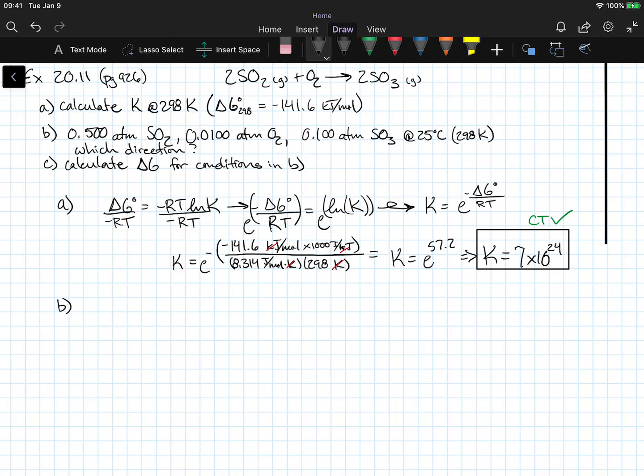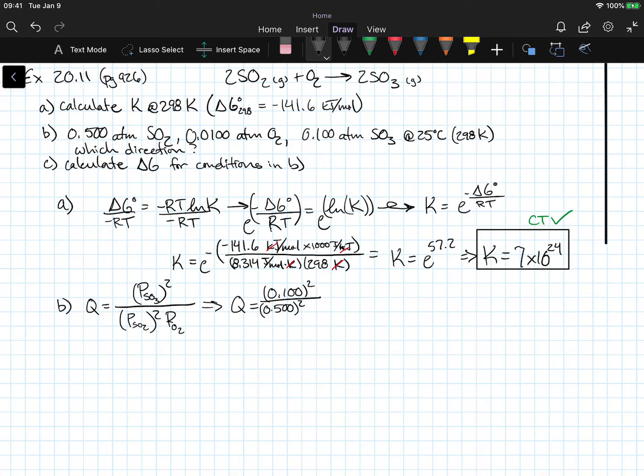Part B asked us, under a different set of conditions, which direction is the reaction going to go. So we need to calculate Q, and remember, Q is always just the ratio of products over reactants. So in this case, it's going to be the pressure of the SO3 squared over the pressure of the SO2 squared times the pressure of O2. So Q is equal to 0.100 squared divided by 0.500 squared times